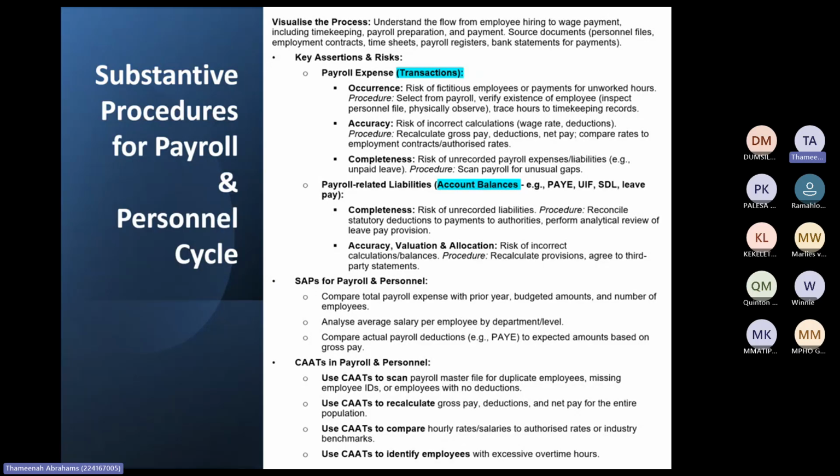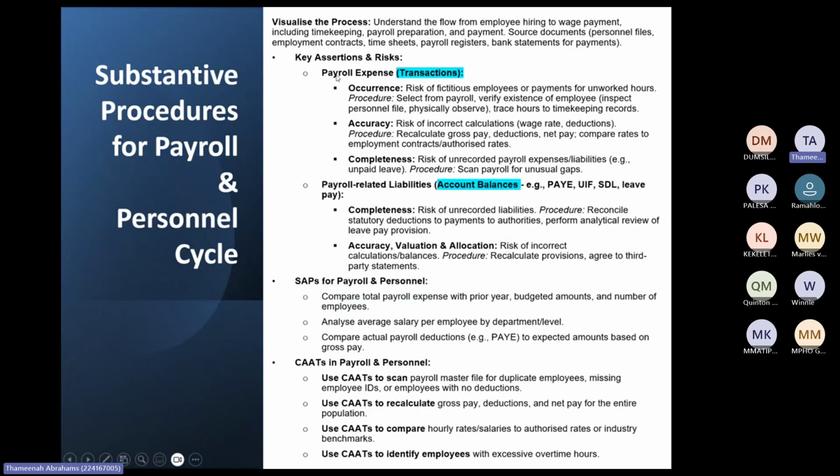It's an EMP 201. So every month, a company would submit this to SARS, where it will give a total amount for pay as you earn, UIF, SDL for all the employees, and we have a total amount that will be paid over. So as an auditor, you will inspect the SARS documents to ensure that it does agree to the amount paid in the bank statement over to SARS, and so forth. So you must know which documents you're working with.